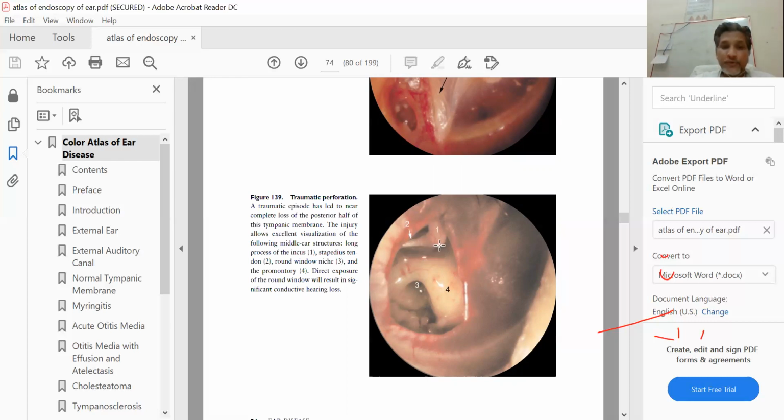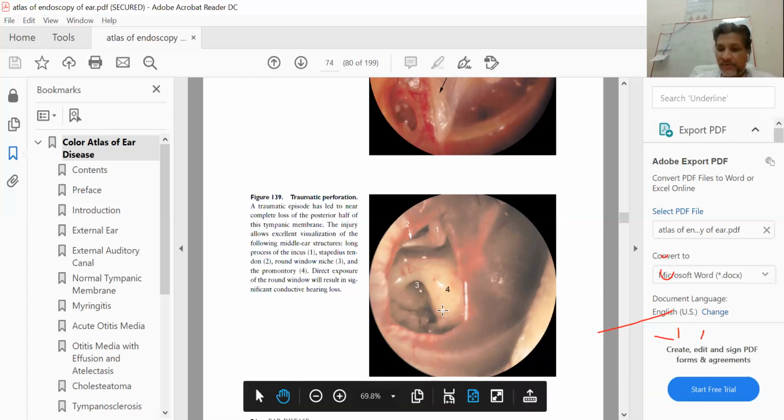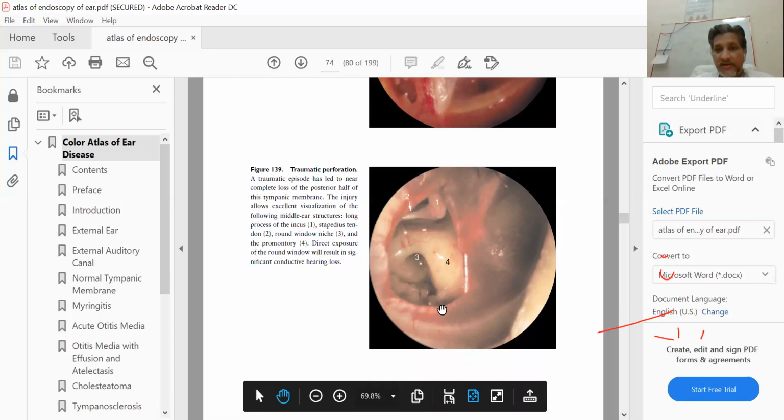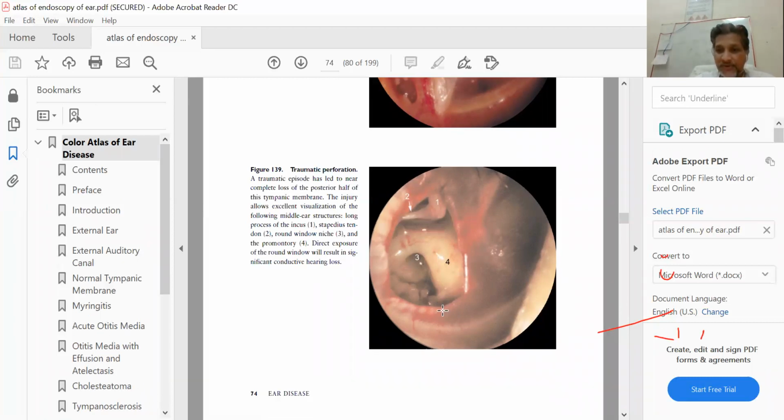Again, if you go through the anatomy, the footplate of the stapes vibrates in the oval window niche, and we have this ridge. These are anterior and posterior pillar-like structures, and between these pillars, in the roof part, we have the secondary tympanic membrane. The secondary tympanic membrane closes the round window. So this is the round window, this will be the oval window, this will be the promontory. This is again an endoscopic appreciation of a traumatic tympanic membrane perforation.